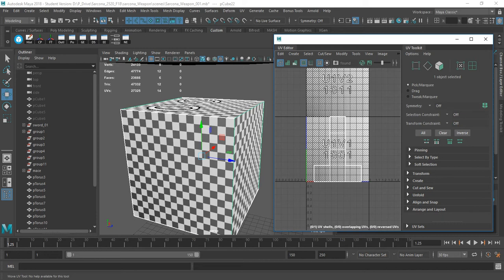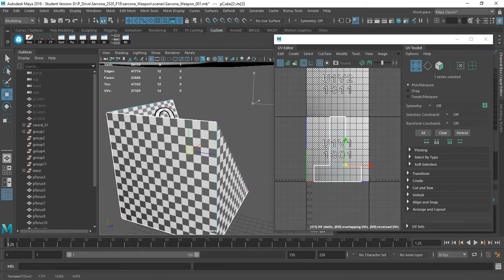Now no object is going to be perfect anytime you want it. The cube is the only exception. When you make a cube in Maya, the UVs are pretty much already laid out. So if you model just a cube, you could take it in, but if you do anything to the cube, it doesn't work. So if I were to grab one of the vertices and just move it really far down like this,